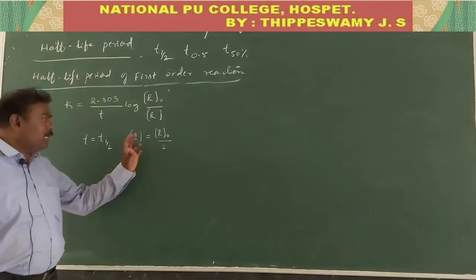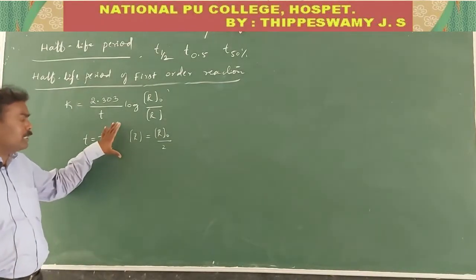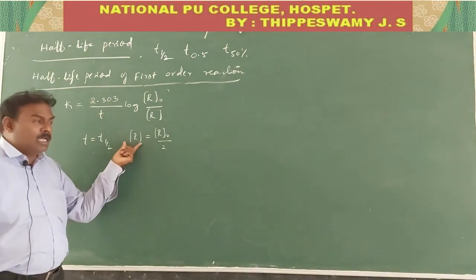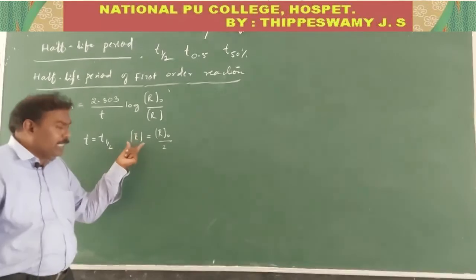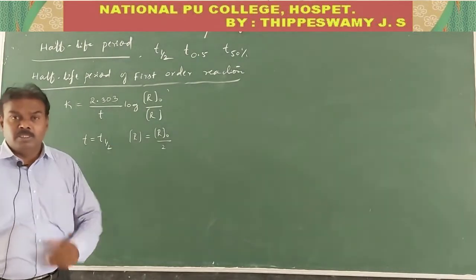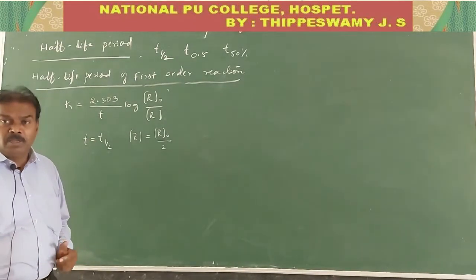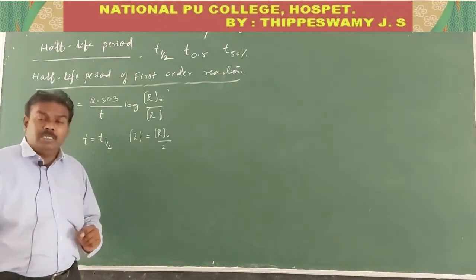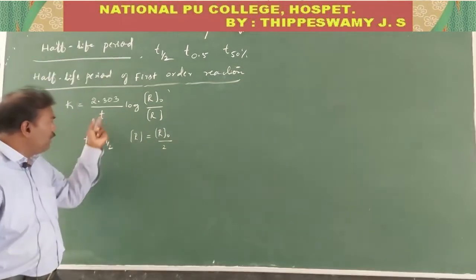This is an important thing while deriving the relation; these points should be remembered very well. What is the value of R? R is the concentration of the reactant after the time interval T. But here we are studying the half-life period, exactly half of the initial concentration. That is only half completion, that is 50% completion. The initial concentration of the reactant is reduced to exactly half of its initial value. Hence you have to take R naught by 2. Substitute this value in the relation.